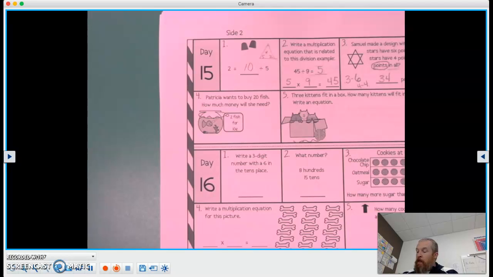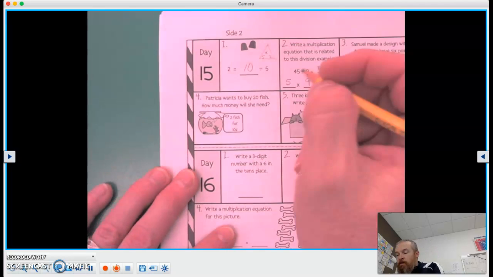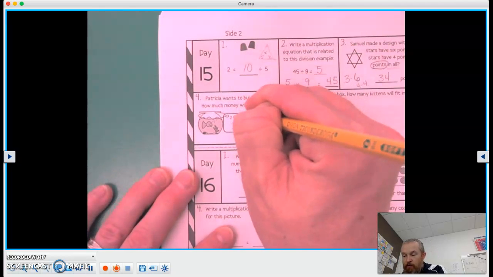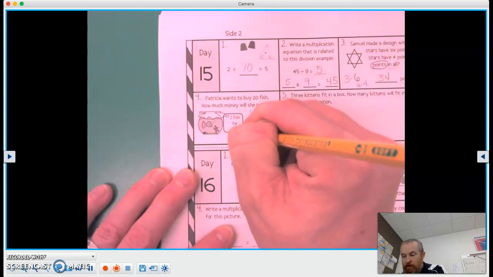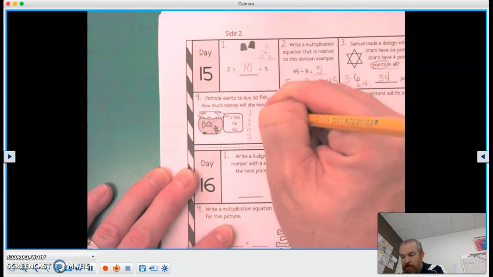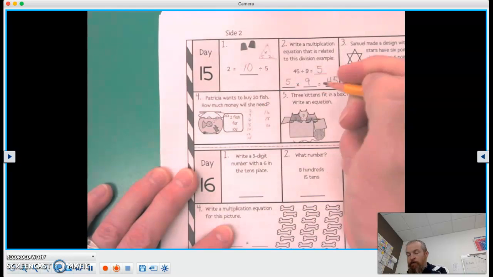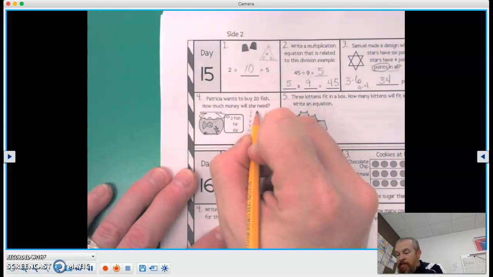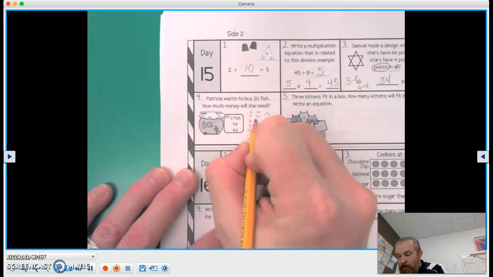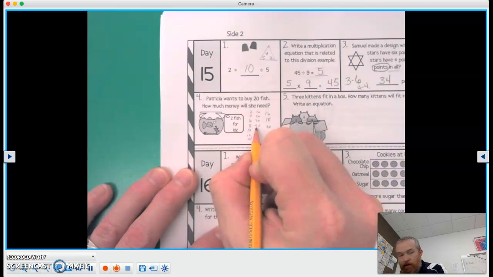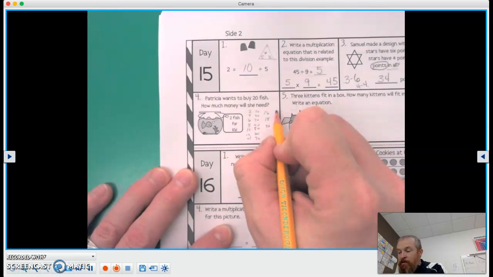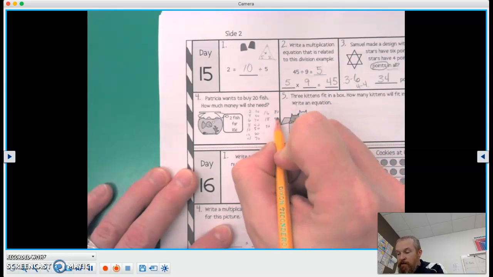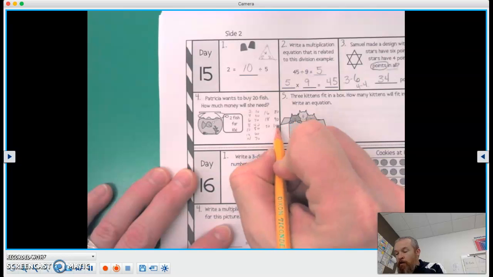Okay? So for every 2 fish, it's a dime. So we could go like that again. 2, 4, 6, 8, 10, 12, 14, 16, 18, 20 fish. So there's 10 cents, 20, 30, 40, 50, 60, 70, 80, 90, 100, or